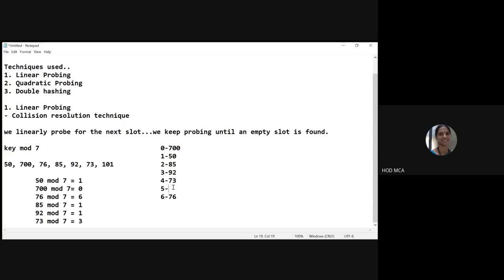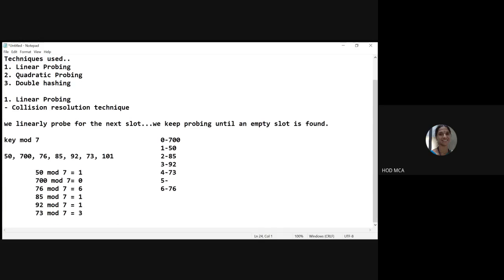Okay. So that is how I do it. Next, I have 101. The next number that I have is 101. So 101 mod 7 will be giving you what number? 101 mod 7 is also 3. Alright. So if you observe here, look at this part. 101 mod 7 is 3.